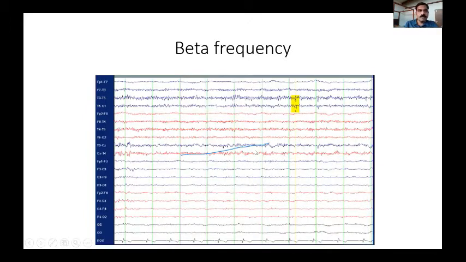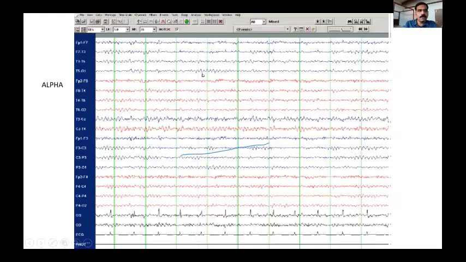And this is the typical alpha activity which we all are familiar with. This is usually seen in the posterior leads. Posterior leads means the occipital leads. So this is 1 second, and you can count the number of waves: 1, 2, 3, 4, 5, 6, 7, 8, 9. It's from 9 to 10 hertz. That is a typical alpha range background activity. So once you've seen the background activity, count the number of waves, so you know the frequency of background activity.